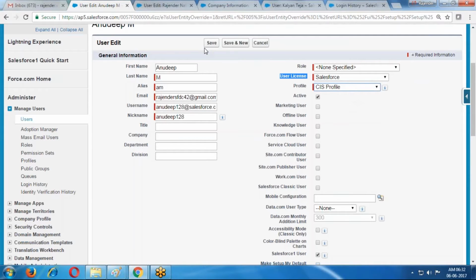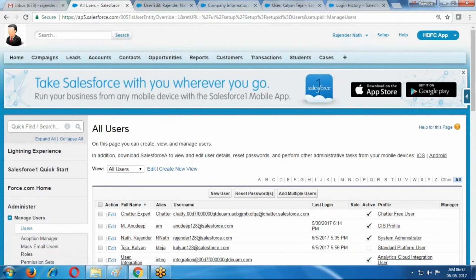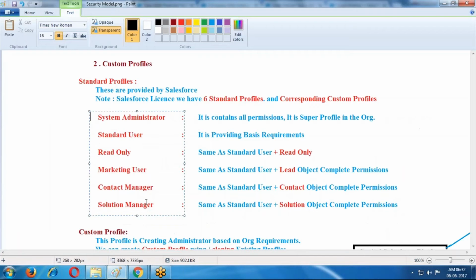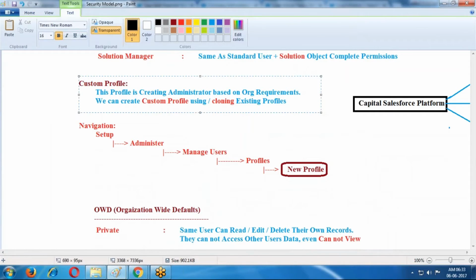Now I'm creating one profile. How to create the profile? If you want to create your own profile, those are nothing but custom profiles. We can create our own profiles only by cloning existing profiles.